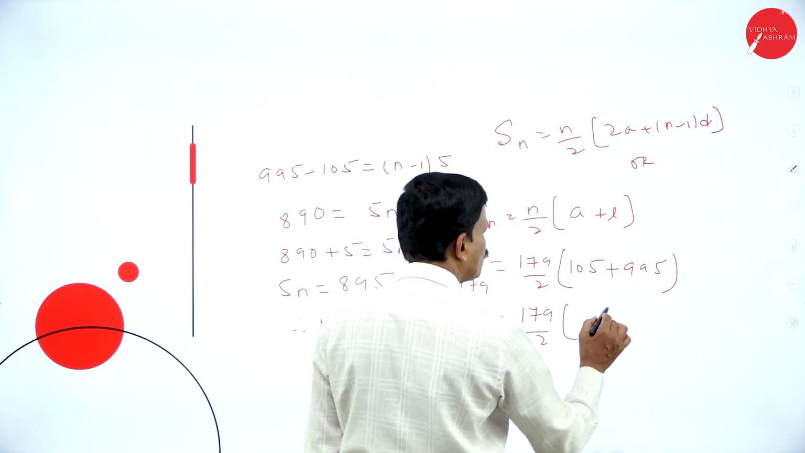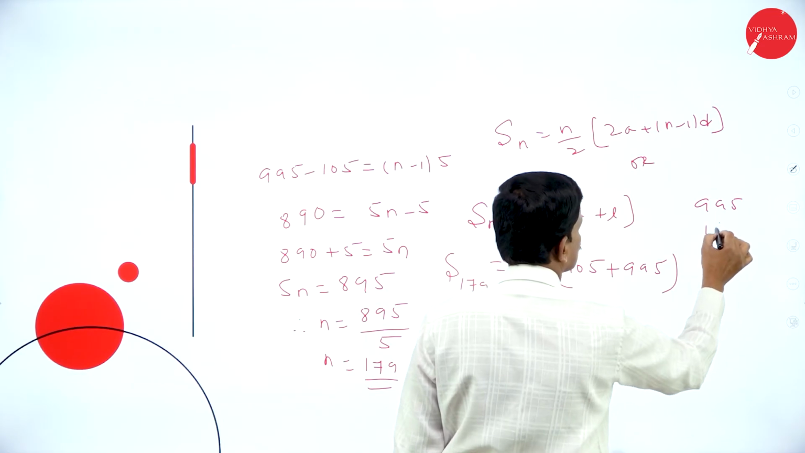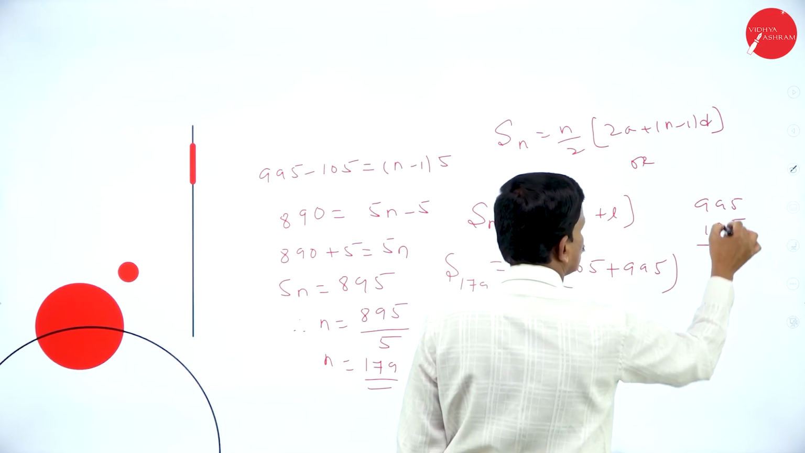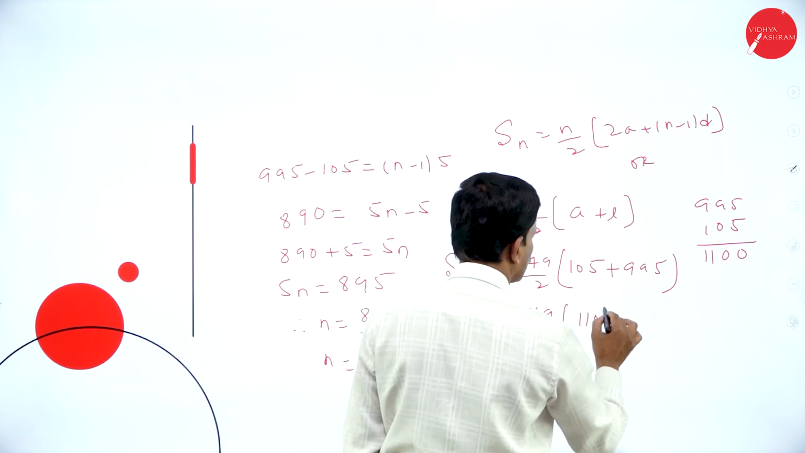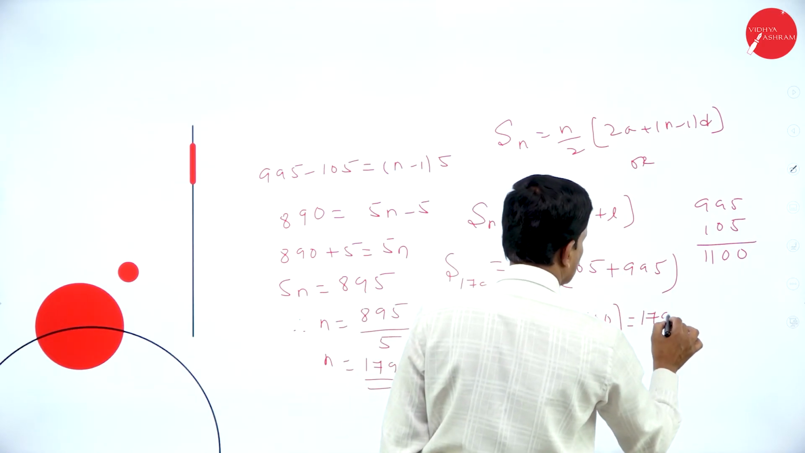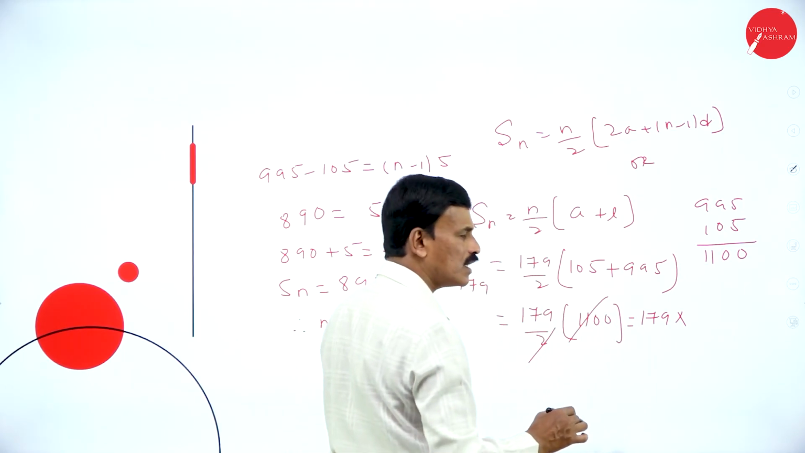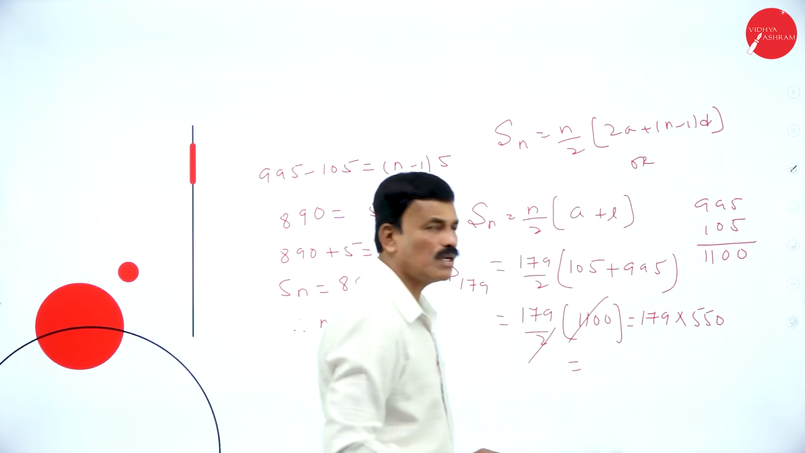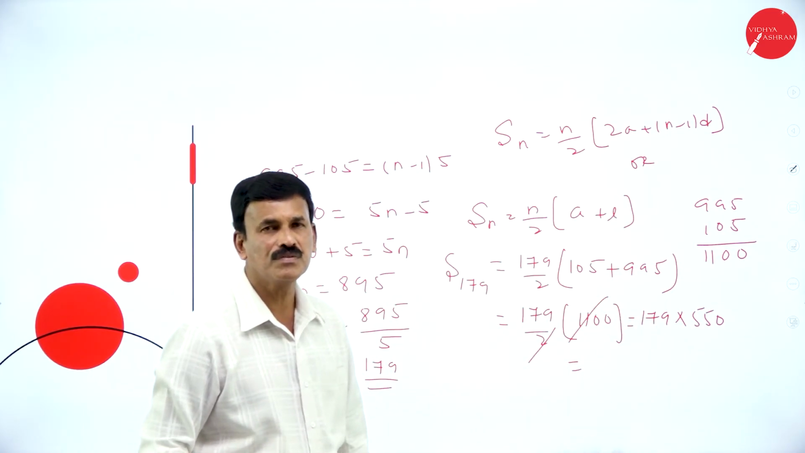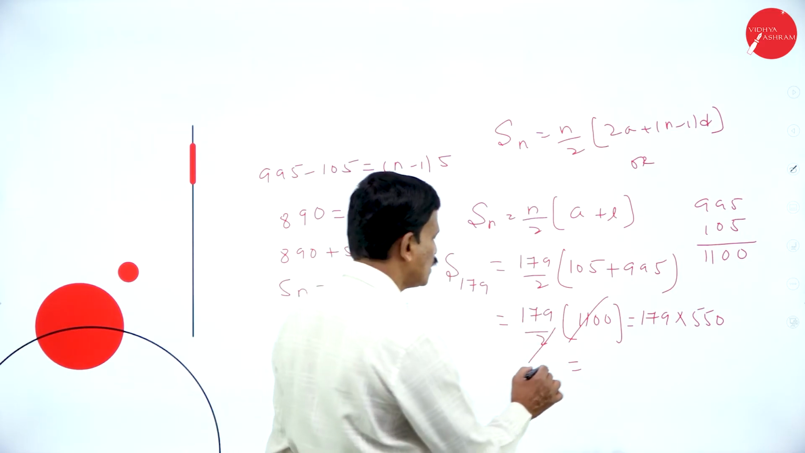179 by 2 into, if you add, so that is 995 plus 105. This is 0, 9, 10, 11, 1100. So this is 179 into divide by 2. So what you will get? 1100 divided by 2 is 550. So if you multiply 179 into 550, you are going to get the answer. That's it. So if you multiply this, you will get